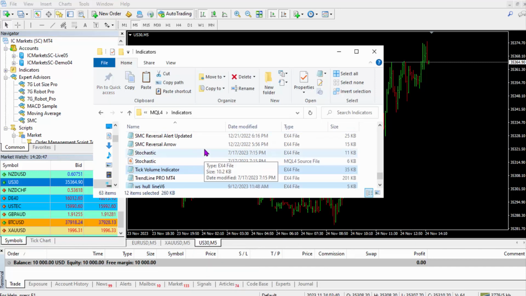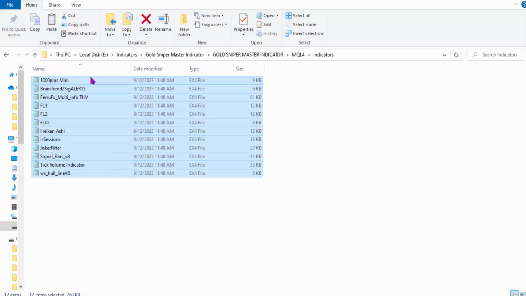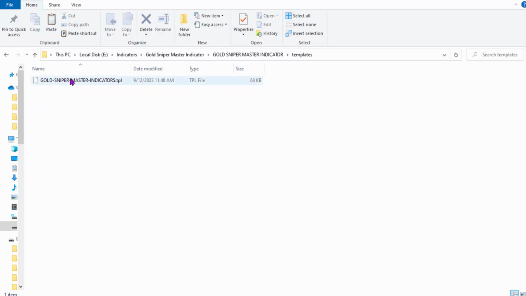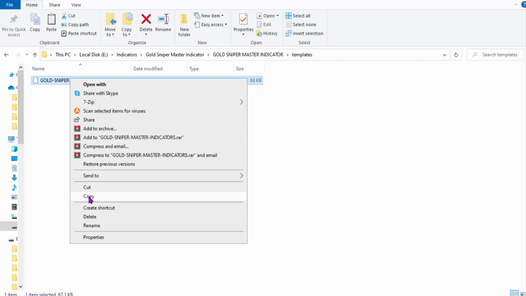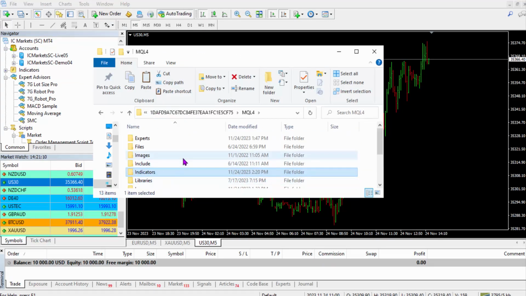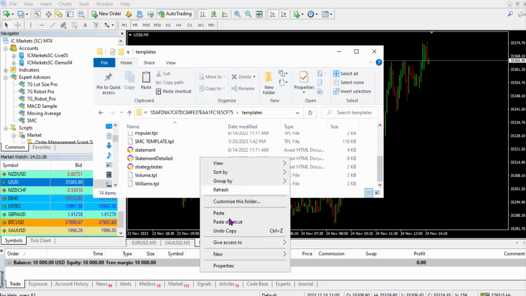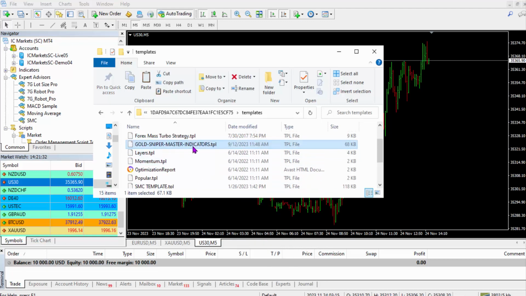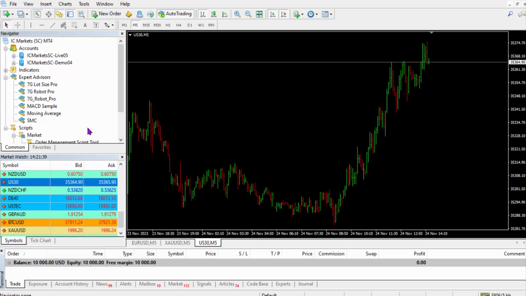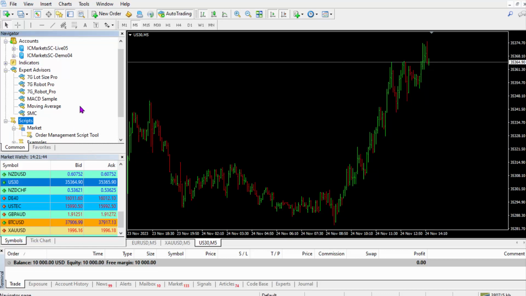All right, and after you paste this one, go to the template, go back to your folder where you downloaded, go to template, copy the template, go back here to your MT4 file, go to templates and paste that template here, Gold Sniper, as you can see here, template. Now you will close the file, go here and refresh the navigator here, and now